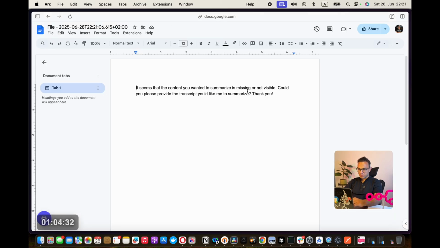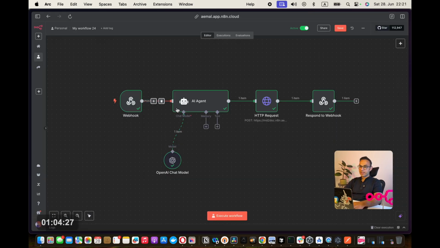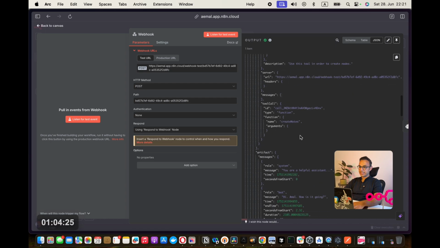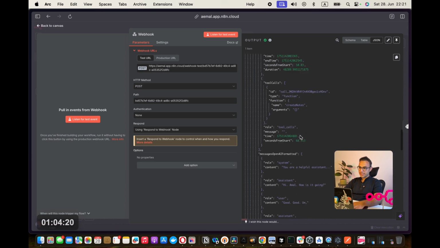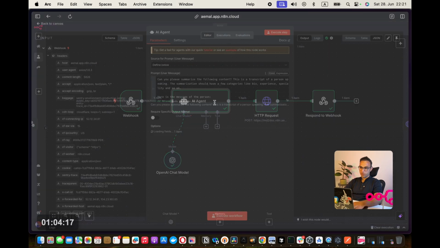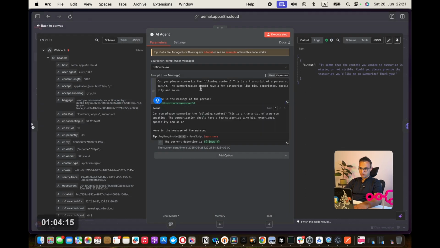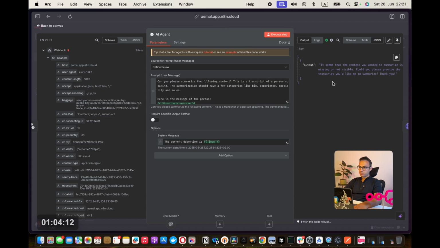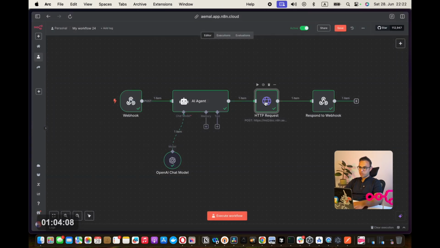Okay, there's some bug in there. We'll go and fix it in just a minute. But at least it understood my intent. It took my content. It sent it to this workflow. This workflow did something with it, which is summarizing. Oh, there is a problem here. We're going to fix it in just a minute. And that summarization was sent to this Google Docs. And that's exactly what an AI agent is. It's talking to you. It has access to your Google Docs.